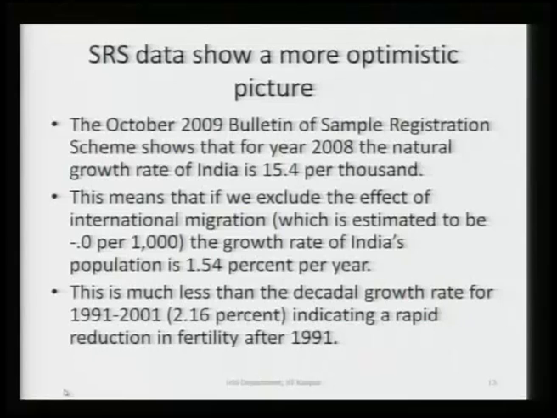So India's growth rate is close to the natural growth rate, and that comes out to be, 2009 is the latest bulletin of SRS which I saw on the net, and according to that, in 2008 the difference between birth and death rates was 15.4 per thousand. Birth and death rates are expressed in per thousand terms, but you can convert this into percentage form. So India